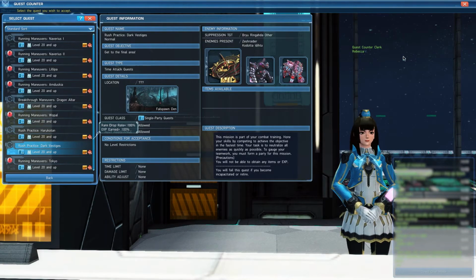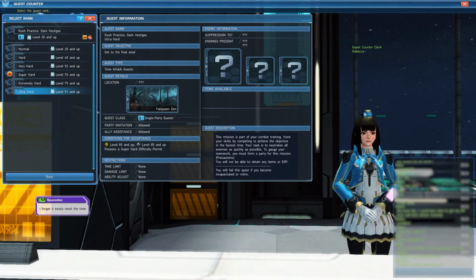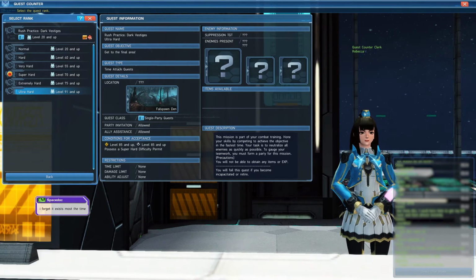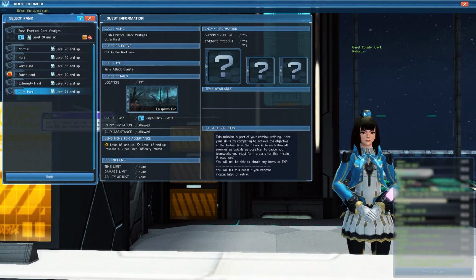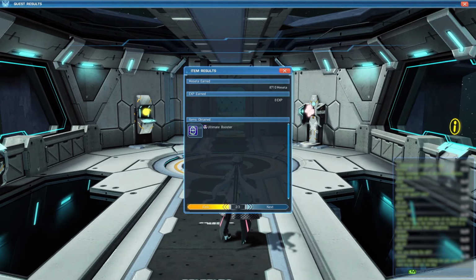We also have a new time attack quest called Rush Practice Dark Vestiges. This quest is actually a requirement for one of Coffee's orders that will allow you to increase your build-up Photon Arts stock capacity. I just finished a run of Solo Barren Blossom on Ultra Hard, and as you can see,